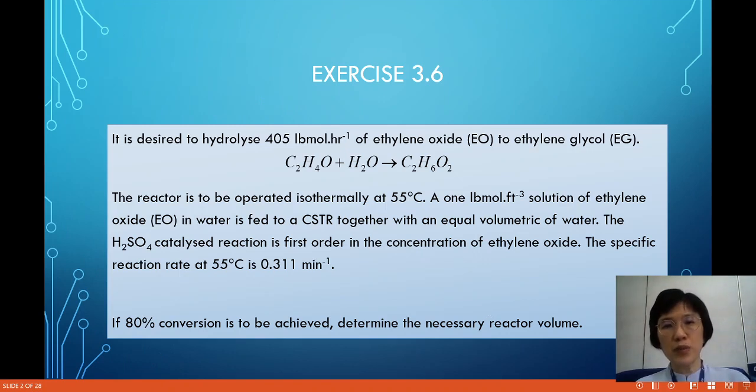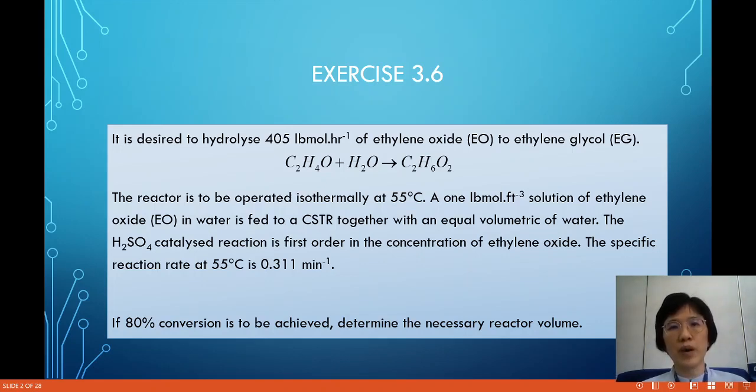So in exercise 3.6, we are having a case of ethylene oxide to be hydrated to become ethylene glycol. The reactor is operated at 55 degrees C isothermally. 1 pound mole per feet cube of solution for ethylene oxide in water is fed to a CSTR together with an